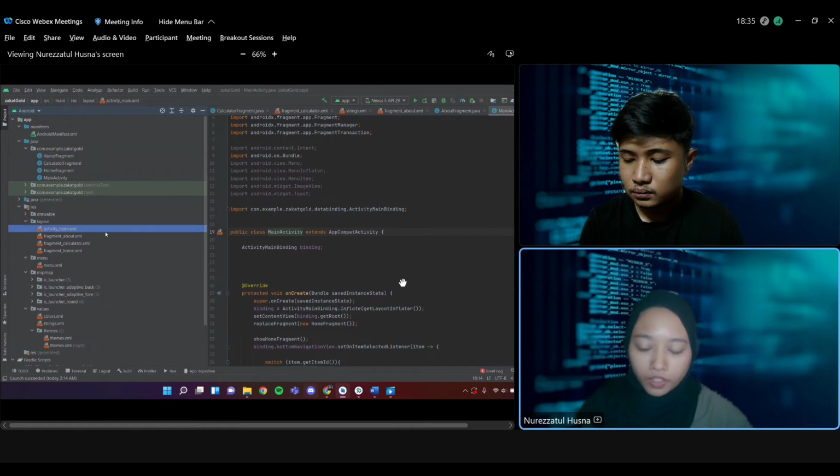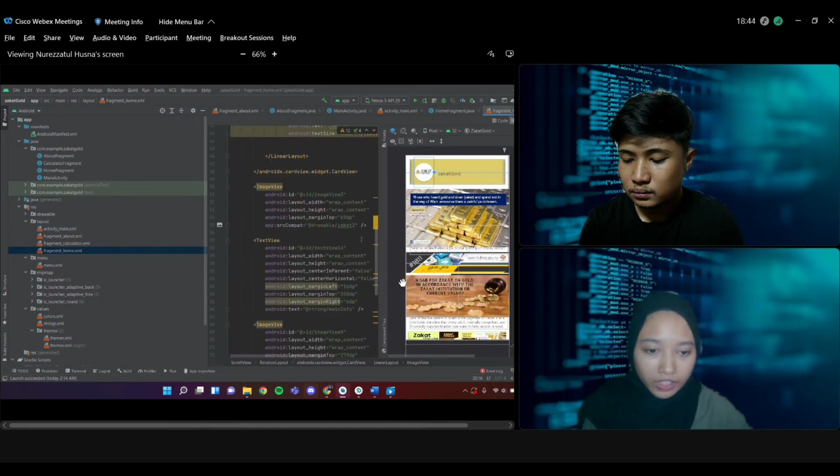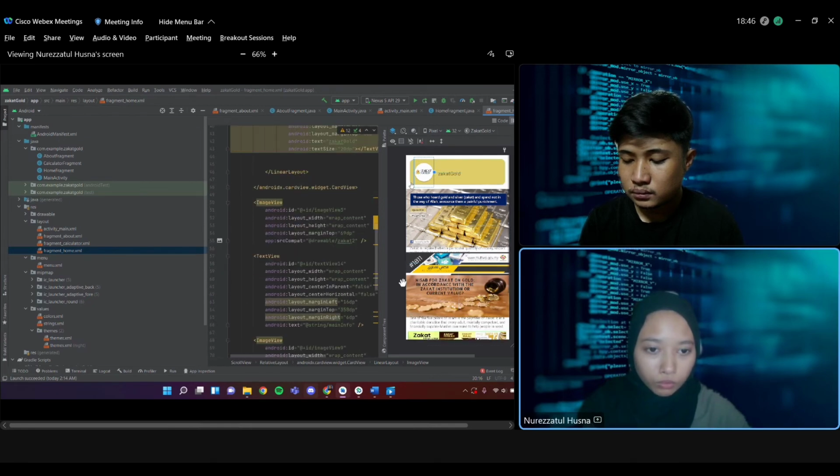Let's look at fragment home. This is the layout that I did in order to view this interface.